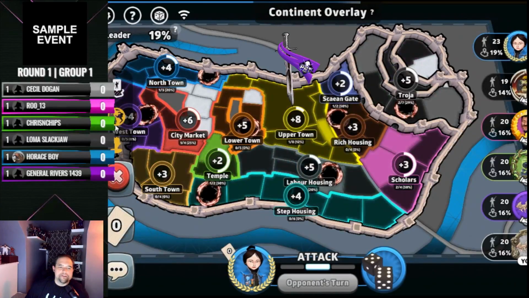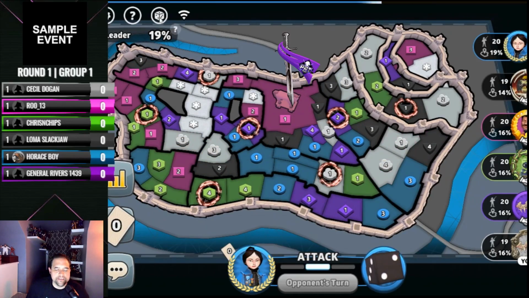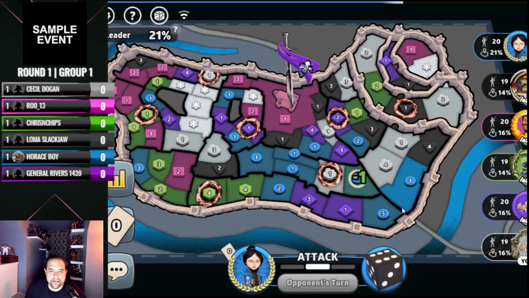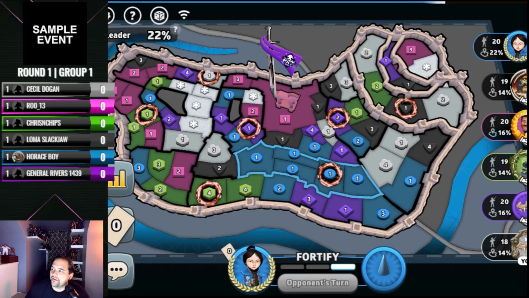All right. So we're seeing Cecil Dogan's point of view. He's showing a bunch of bonuses, and everyone's going to grab a bonus most likely. Now, what you're going to see then is players are going to have to be careful of who's holding the horse, right? So that is the flag territory. We're going to stick this sword right into the horse here,